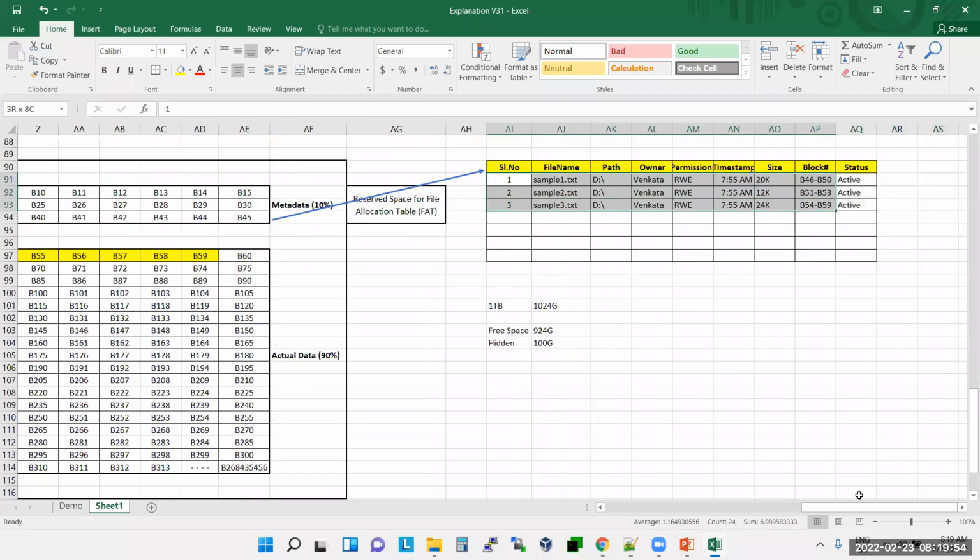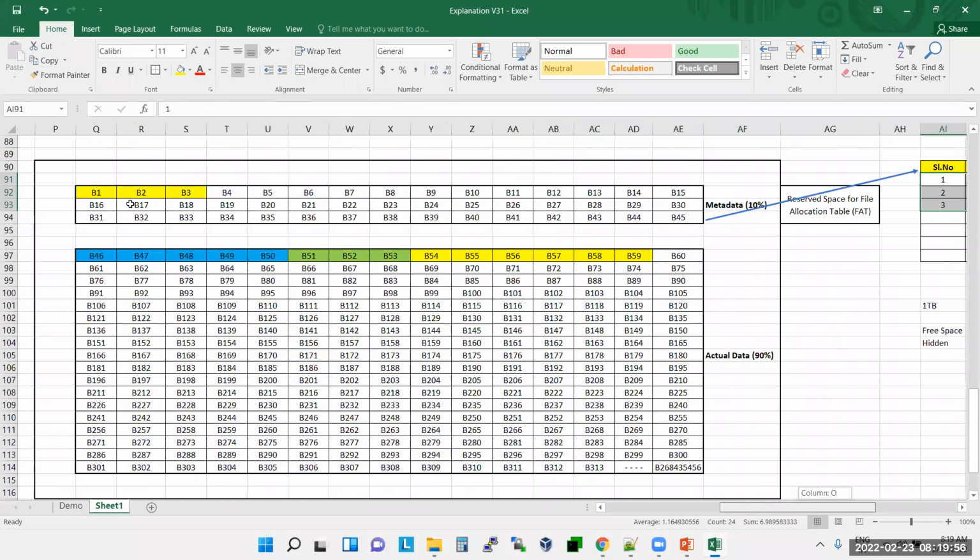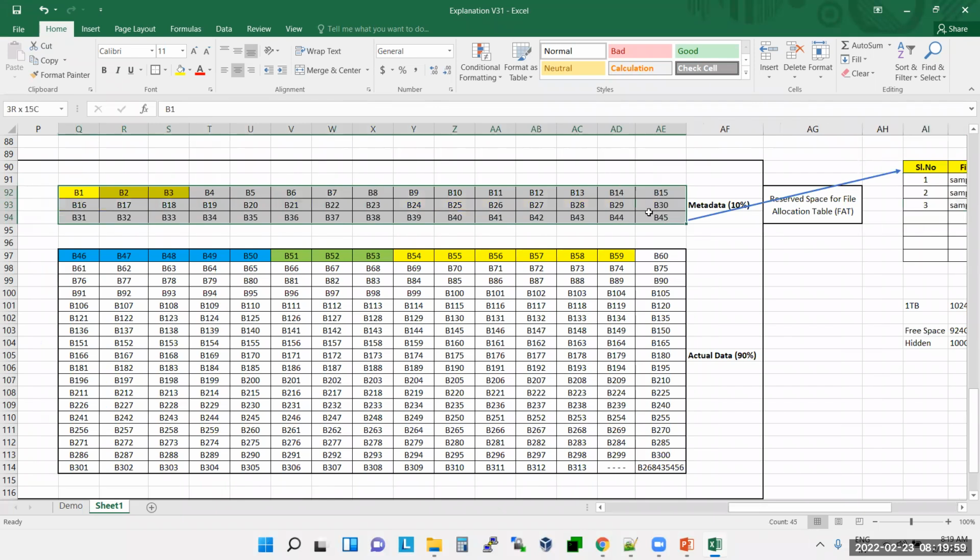Okay, this table. So even for a 100 GB file, it will take the same size, I think so. Metadata block means, sir, even for a 100 GB file, only the file's information will be available, right? See, this is the reserved space to store this table. Correct or not? So this entire space contains this table. Correct. Yes, sir.